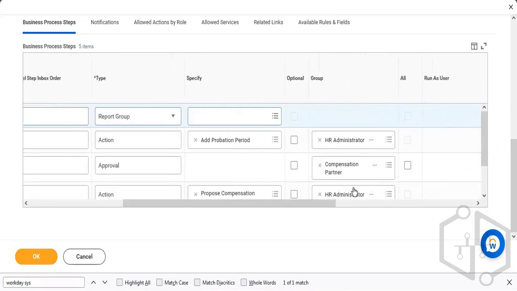the security groups, right? These security groups can be defined as per our requirement. For probation period, who has to take an action? Who is the person to be defined? By default, we are getting HR, but initially when we are actually creating the business process, we need to know, right, who should be the person for probation period, who should be the person for proposed compensation, who should be the person for